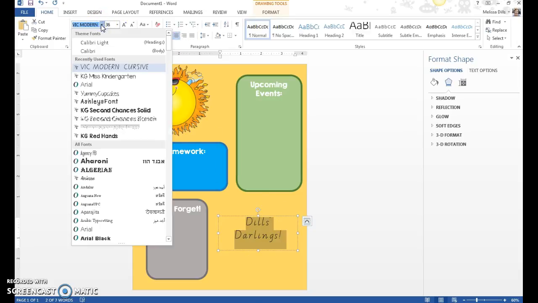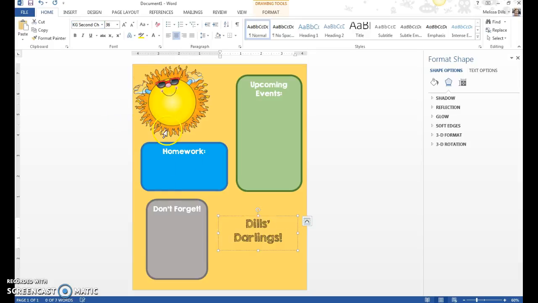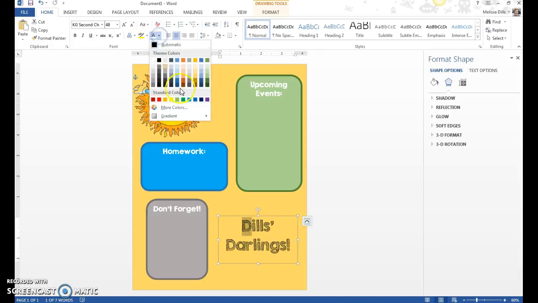I don't really like that one for some reason. Oh, this is one of my favorite ones, and I like to color in all the colors, or all of the letters, different colors. And so I might do blue,